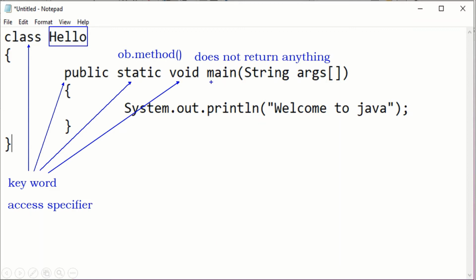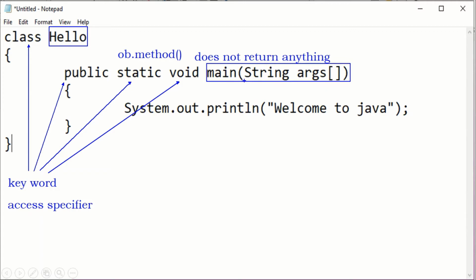Then we see the main method. In C language we have main, C++ we have main. Similarly in Java also we have main method, but here we are going to pass some arguments. What we are writing inside the parenthesis are called arguments. Then here String is a class in Java. Then this is an array of strings. Okay, don't worry, we will see about these things later, but for the time being, for every class you should